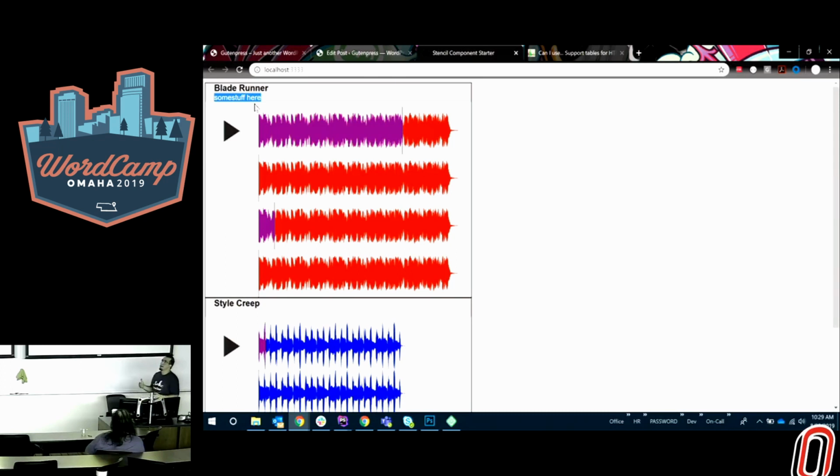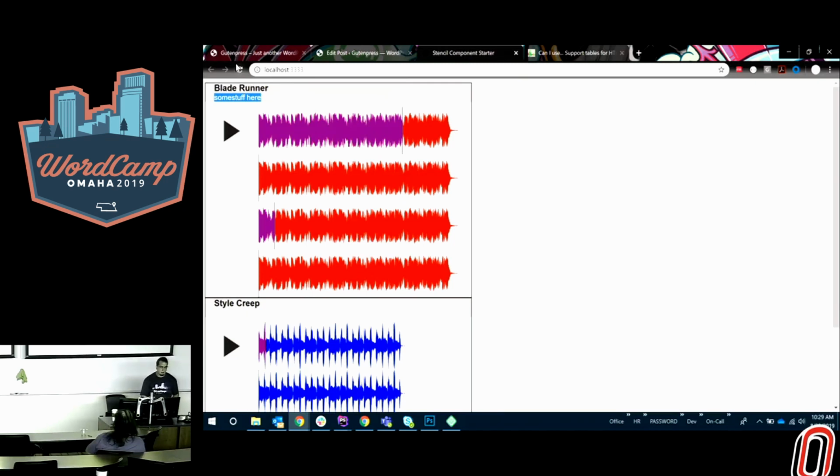So again, it's not impossible to do this when you're doing the old school traditional way. I call it old school. It will be old school eventually, I promise. The regular way of doing Gutenberg block development doesn't do that right out of the box, where Stencil Js does. So again, another advantage of using Stencil Js to make your Gutenberg blocks is that we can rapidly